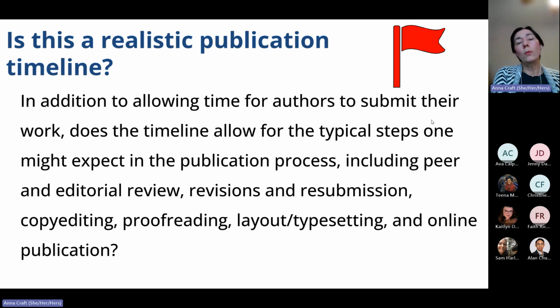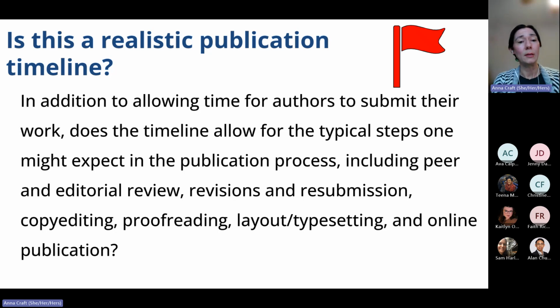All right, so we also have to think about the publication timeline. Publication timelines across academic journals can really vary, but regardless, we need to make sure that they are actually allowing time for authors to submit, and then for the editors to review, for peer reviewers to review and send back their results, for maybe revisions and resubmission to happen.